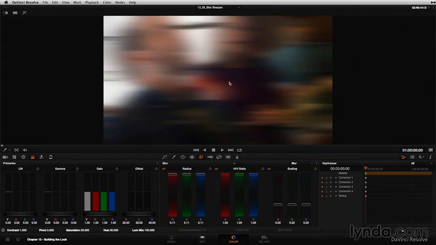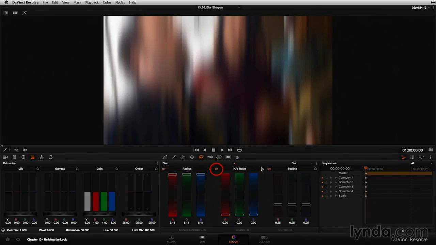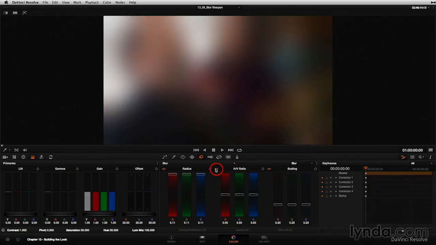And these are the maximum settings. There is nothing above 1 and nothing below 0. I can unlink these 3 channels and work them individually. Once you know these 2 tools, you pretty much know about half the interface you need to know for all 3 of these, because any setting I set in blur and HV ratio carries over to all 3 of these